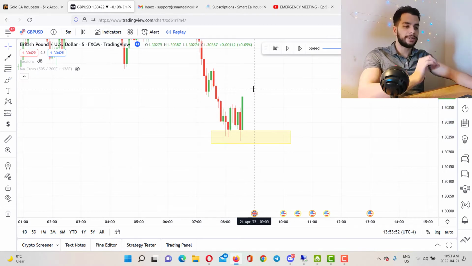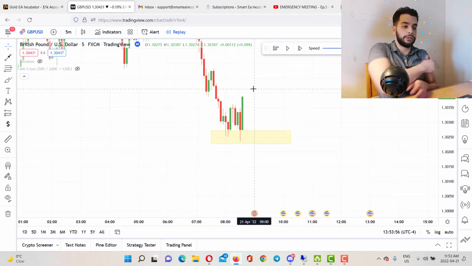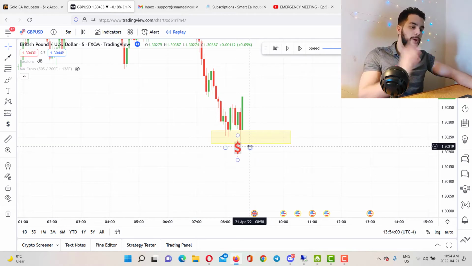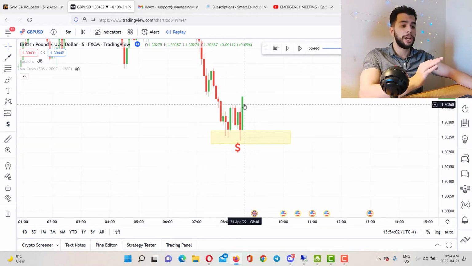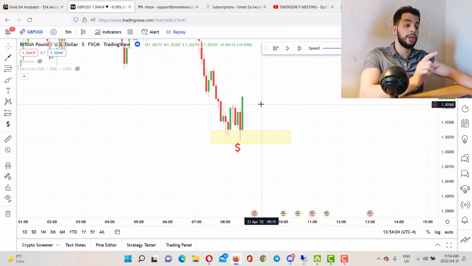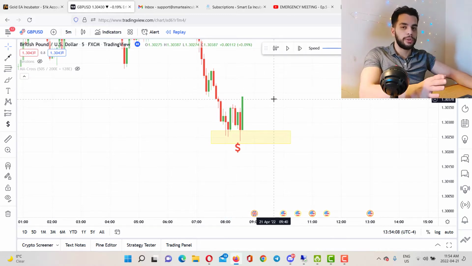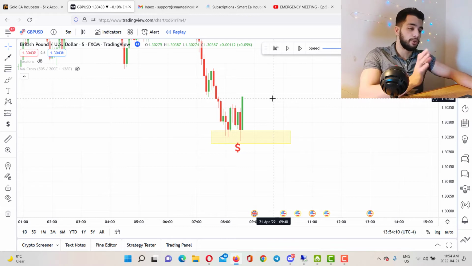When this formation happens, you gotta be really careful because there's so much liquidity below this level. It means that all the buyers are taking their buy position here and putting their stop loss here. So if you decide to trade around this level, you got to be expecting to get stopped out. I'm not saying it will happen for sure, 100%, no, but there's a high chance